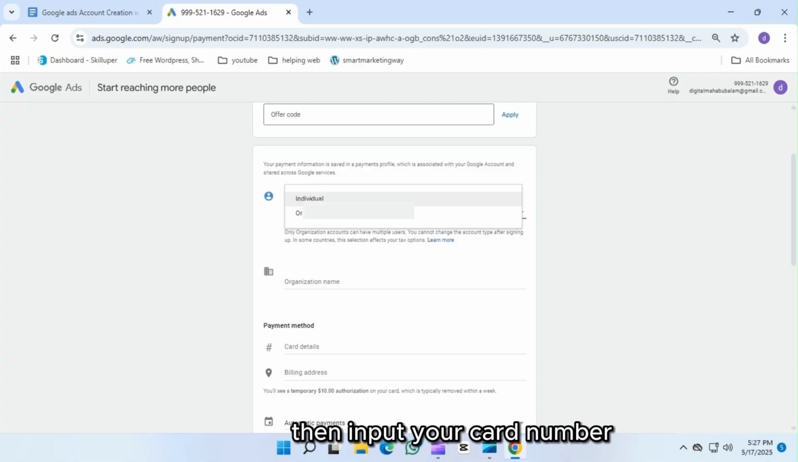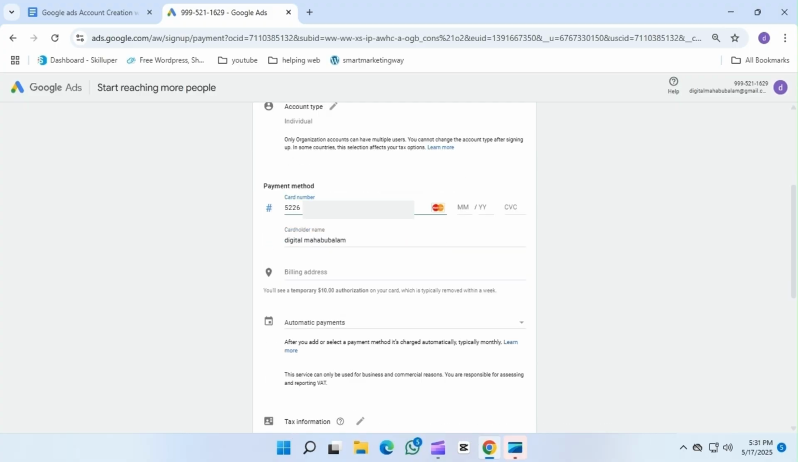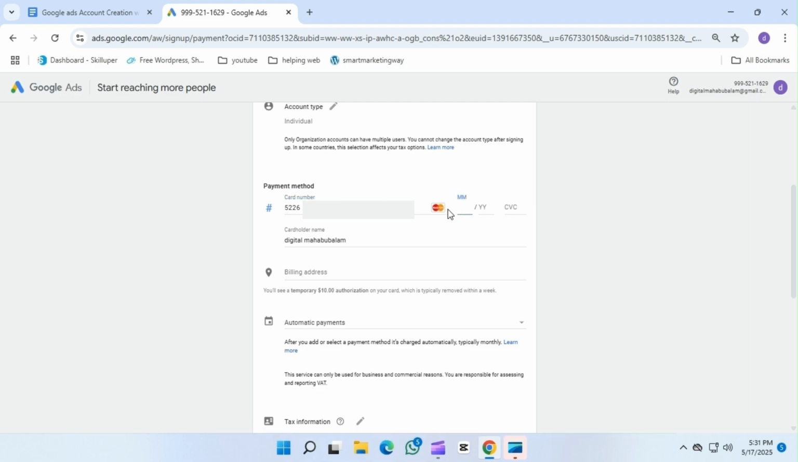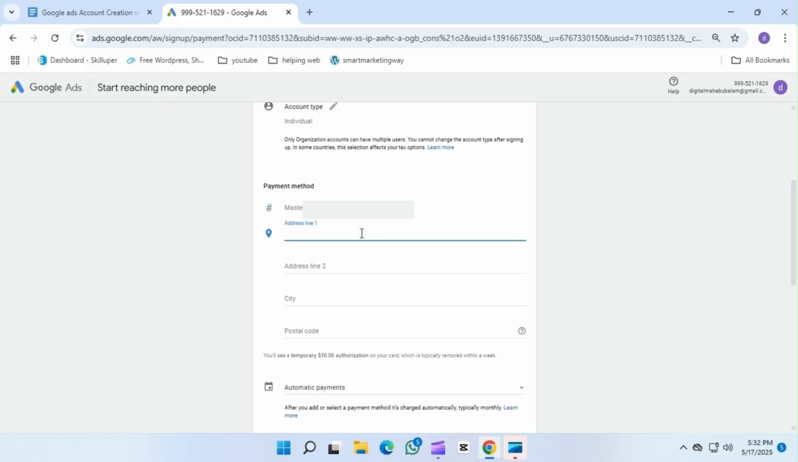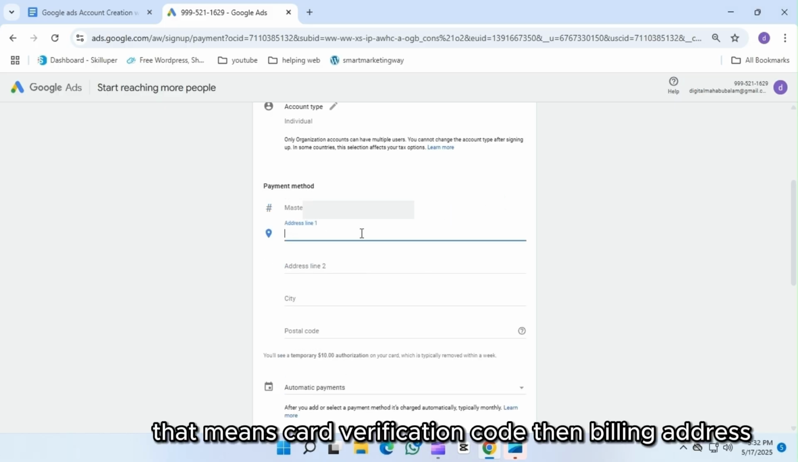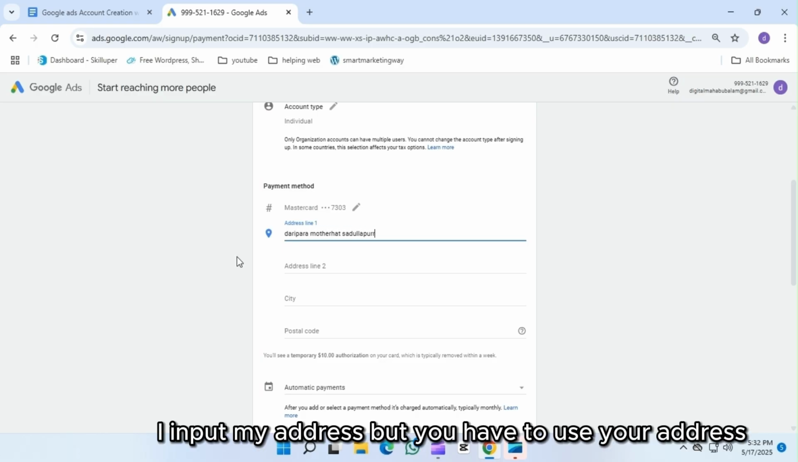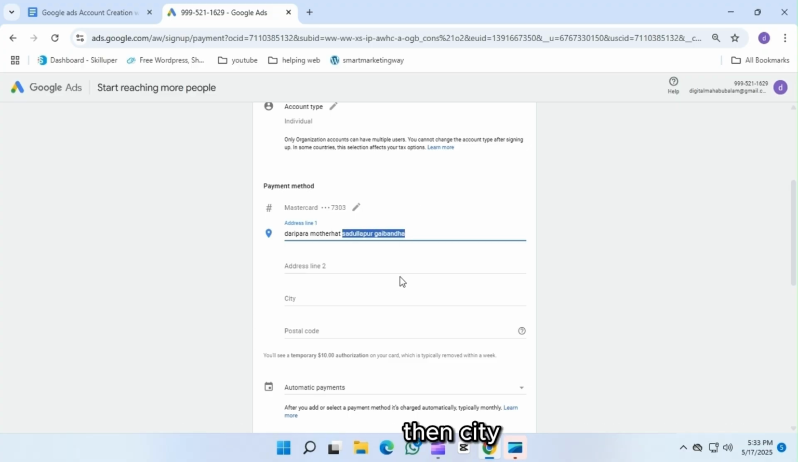Then input your card number. I use my card number, but you have to use your card number. Input expiry date, then CVC, that means card verification code. Then billing address. I input my address, but you have to use your address. Then city, then zip code,